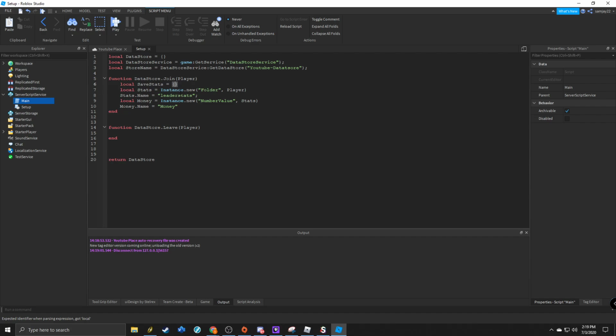It's local save stats. If you don't know what tables are, I have a video on tables. And I'm going to run a for loop. If you don't know how for loops work, please watch my for loops video. For loop, for index, values in pairs, stats, get children. We have to get the children of this folder, right? Right here, we have to get the children instance of this folder, so it would get the money and whatever